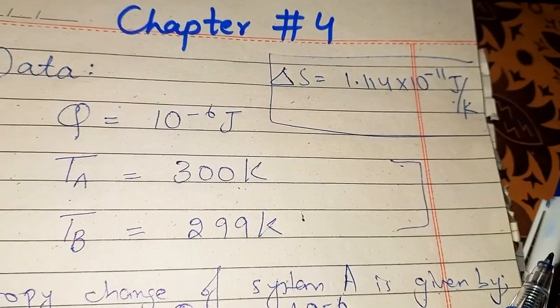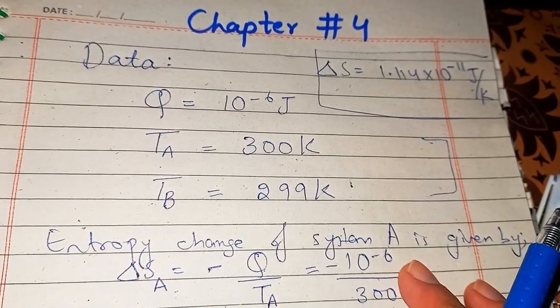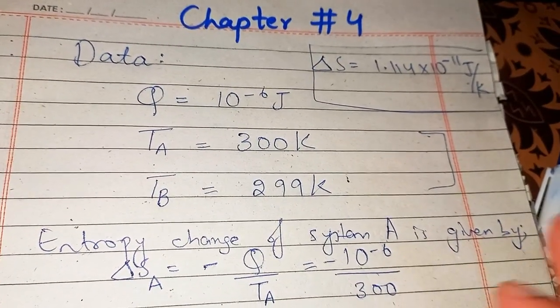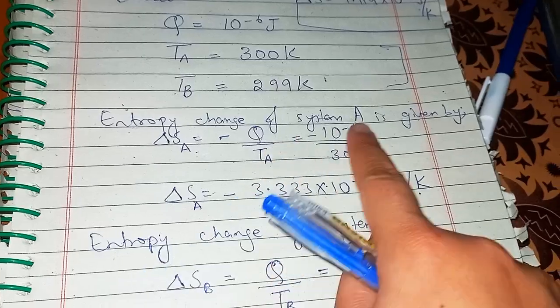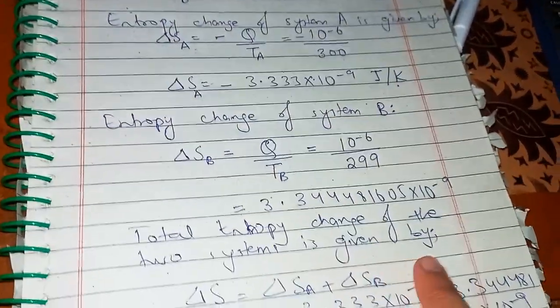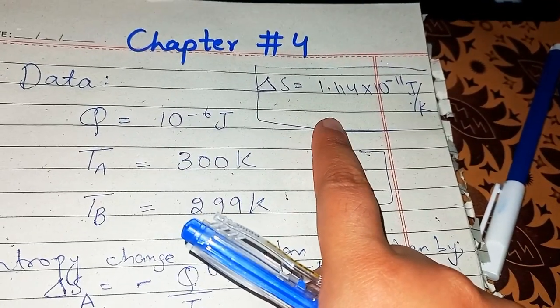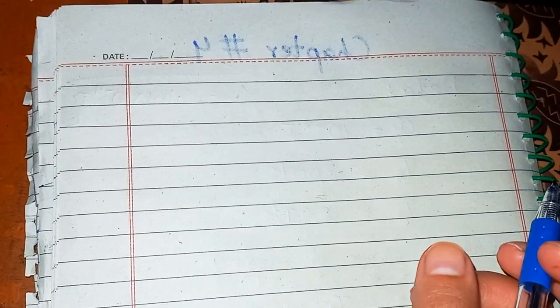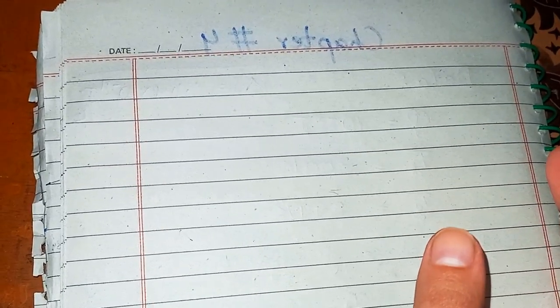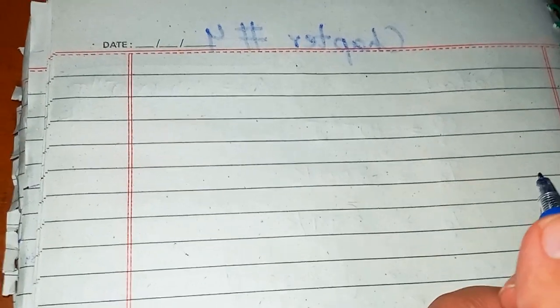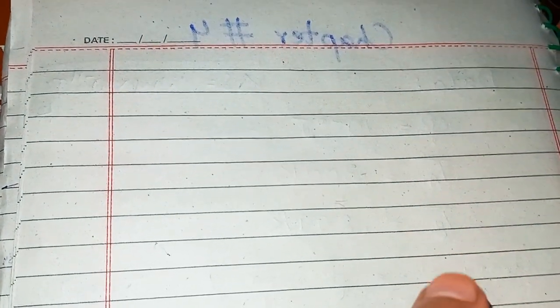All right, and now let's calculate the number of accessible states that has been increased. Okay, I hope that's clear to you so far. We have simply calculated the entropy change for system A, then for system B, and then we added them up and we got the total entropy change of the system. Since we have calculated the entropy change, the next thing to calculate here is the factor by which the number of accessible states increases, and for that purpose we are going to use the Boltzmann hypothesis, the Boltzmann